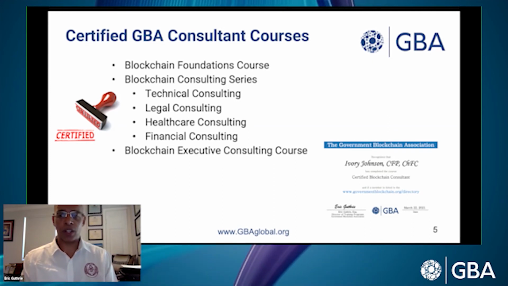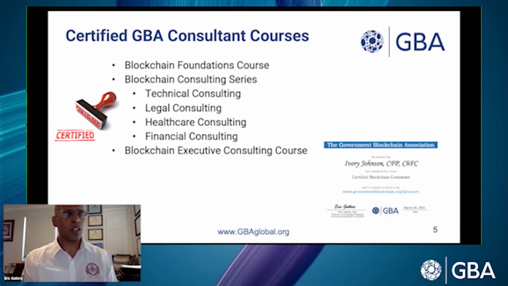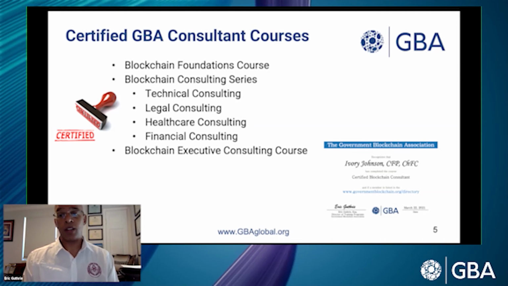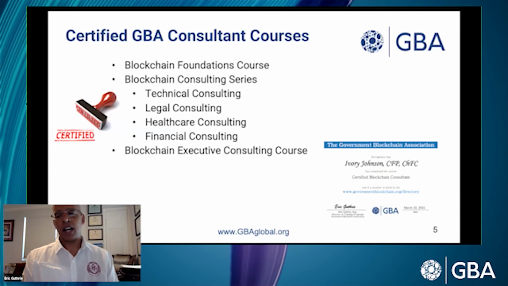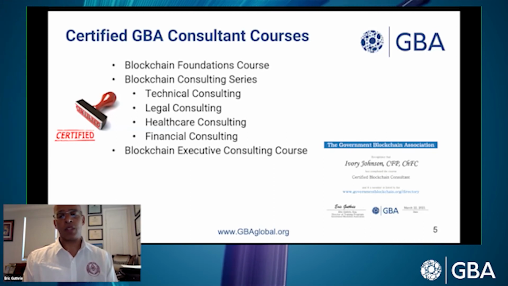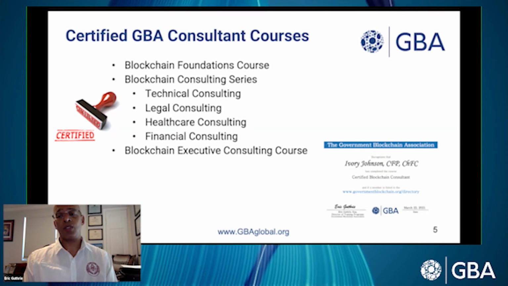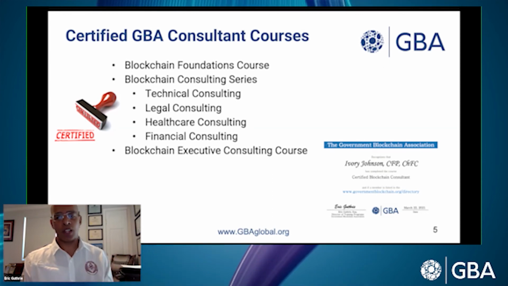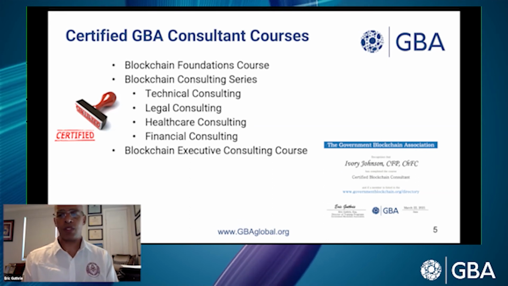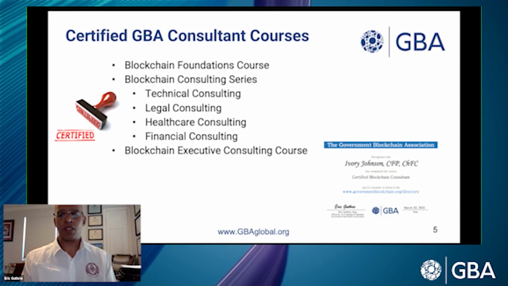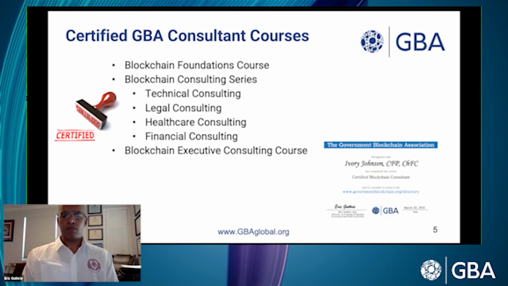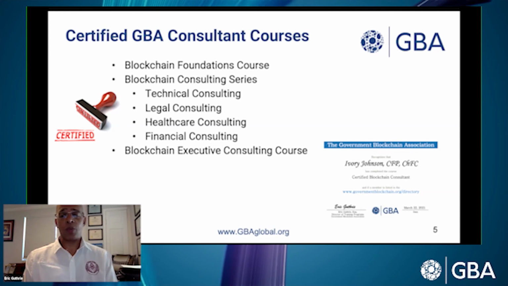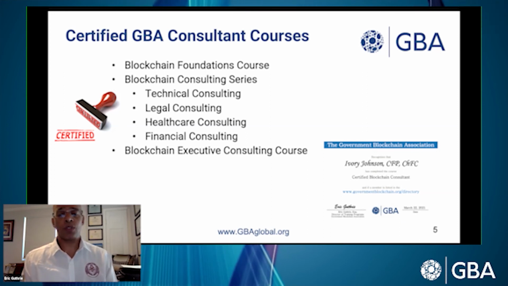If you see at the bottom of the screen, I taught a course in February, and it had a number of folks on there. So that's an example of what the certificate looks like. Ivory, big shout out to him. He did very well, took the course, and then he started using his GBA consultant certification to write articles for CNBC. So now he's a CNBC certified contributing author. And part of that was because he was able to use his GBA certification to obtain that.